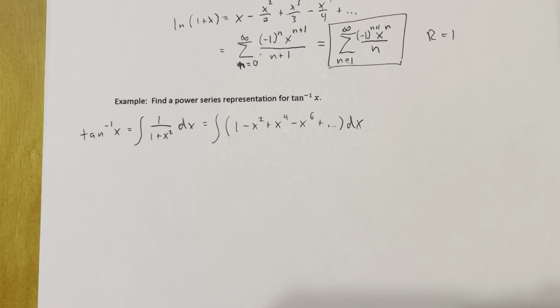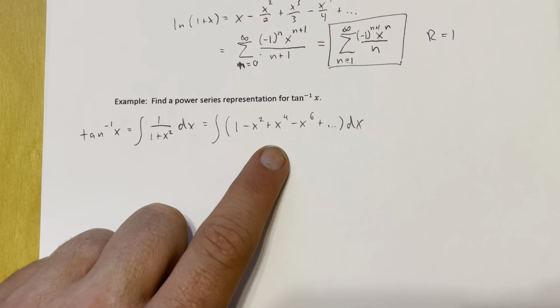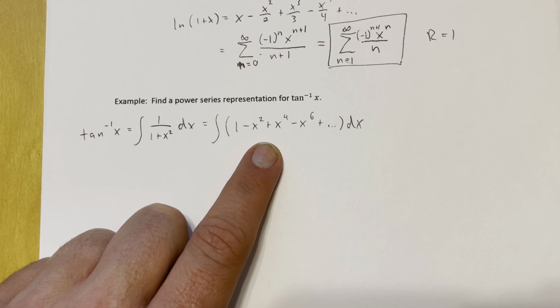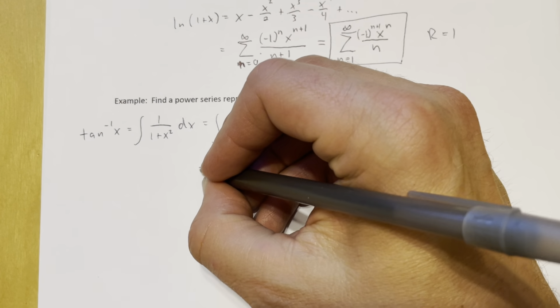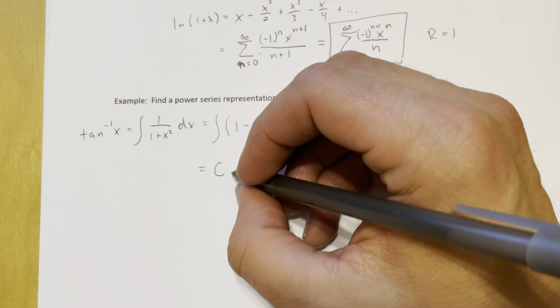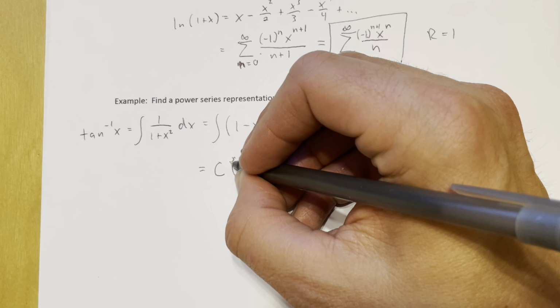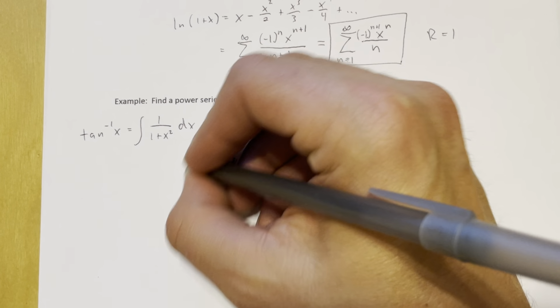At this point, I can integrate this term by term. So what that means is I get my constant of integration, c, and then